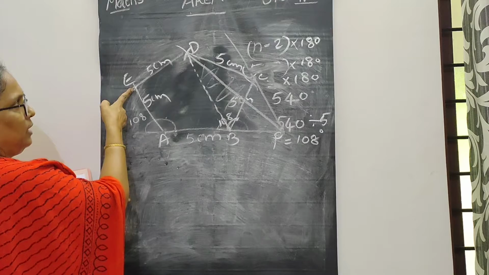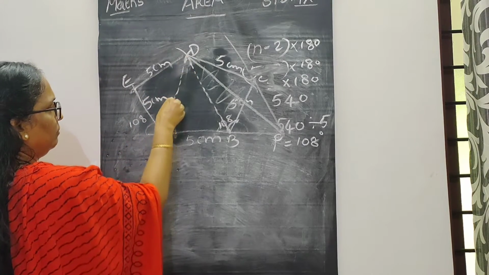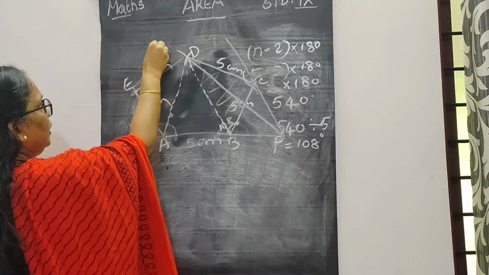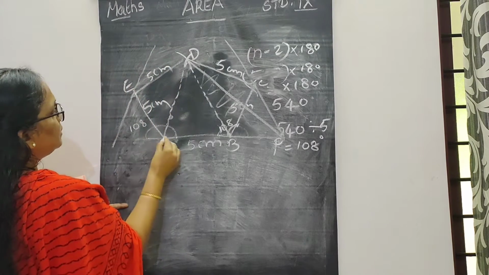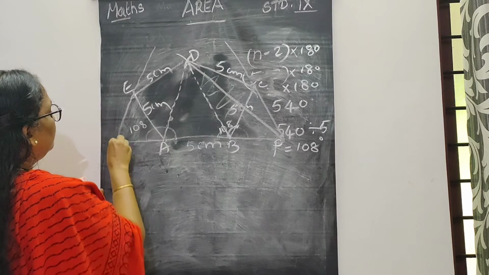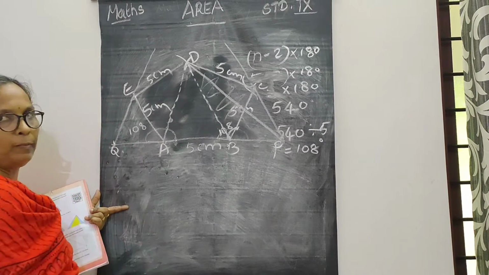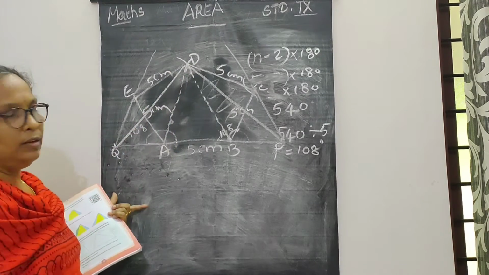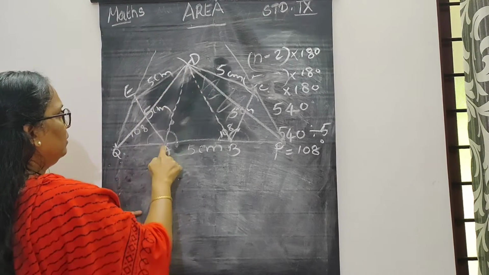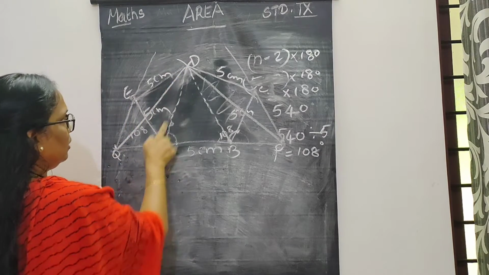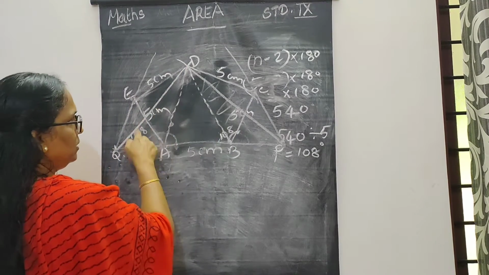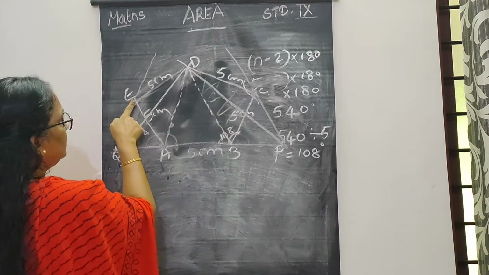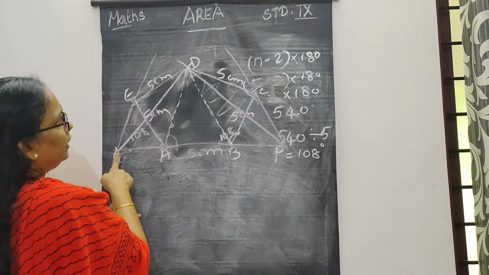Change the vertex E. For this, draw a line here, and draw a parallel line to this line through E and extend this line. Now the meeting point you take it as Q. Then join D with Q. Now this triangle changed to this one. So both the sides, we change this vertex to here and this vertex to here. Now we get a triangle.